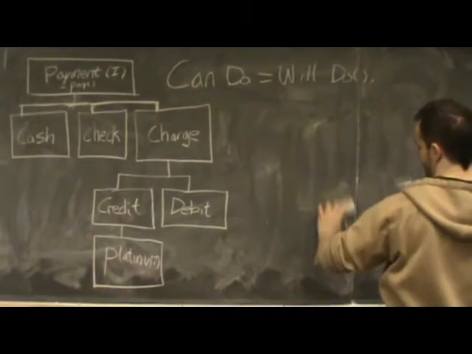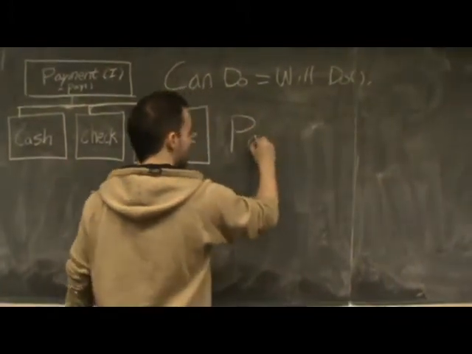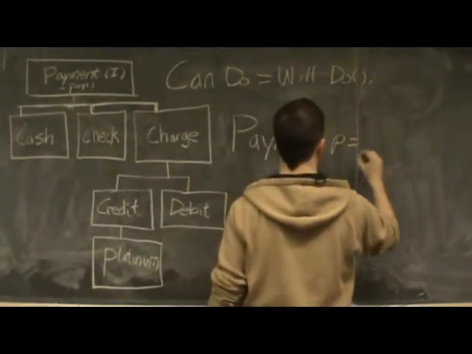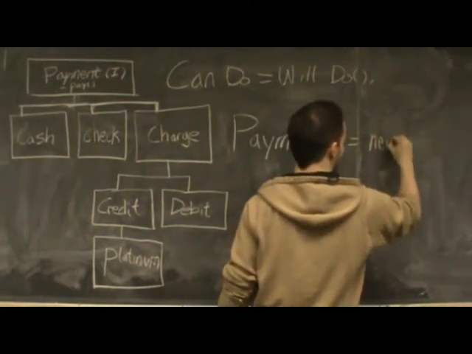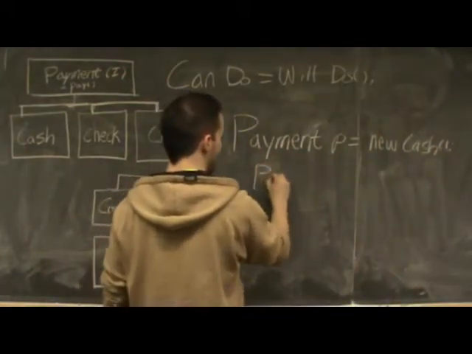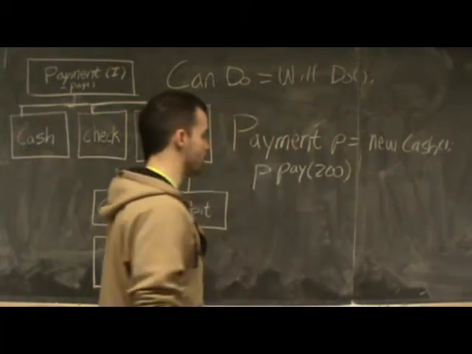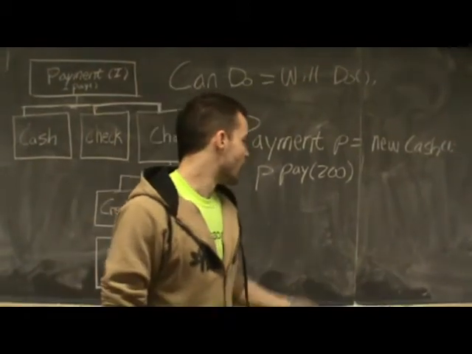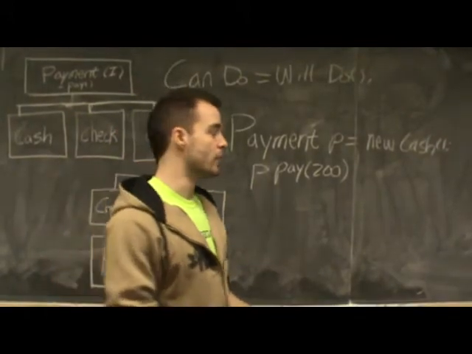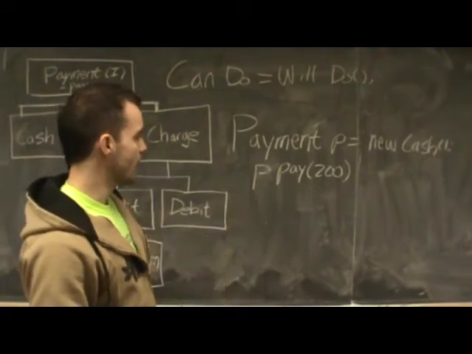So if I have this fancy payment interface, I can say payment P equals, and we're just going to call it a new cache. So now when I say P.pay, and we'll say 200, if my bill is 150, then I get 50 in return. So it might return 50 to me. Then maybe that's something that we'll have this method do, just return an int, whatever. So $50 comes back in